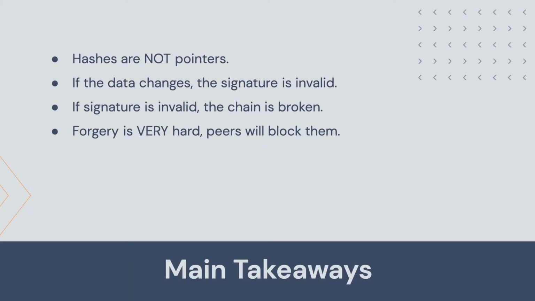So the main takeaways I want from that small demo: number one, hashes are not pointers. That is one of the main misunderstandings of this data structure, since people tend to equate this to pointers. That is false. The hash is inextricably linked to the data. If the data changes, the signature changes, the hash changes. That breaks the entire list since that node. If one node breaks, the entire list since that node breaks, not only that node.